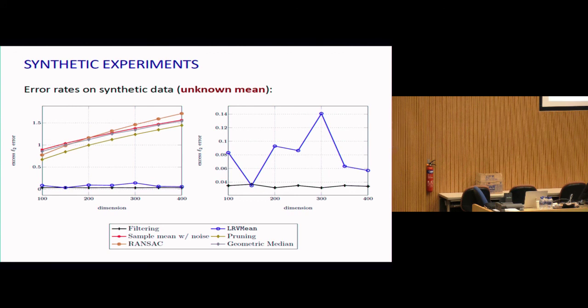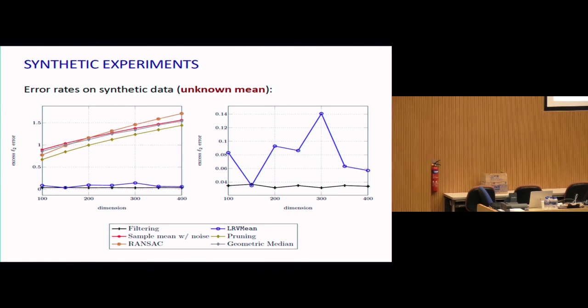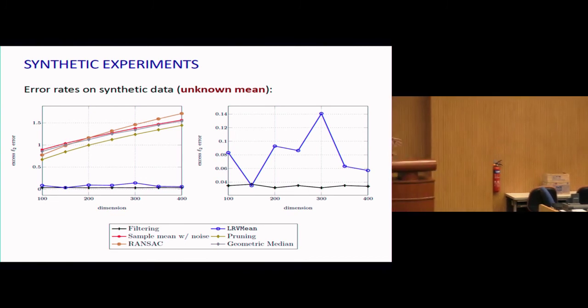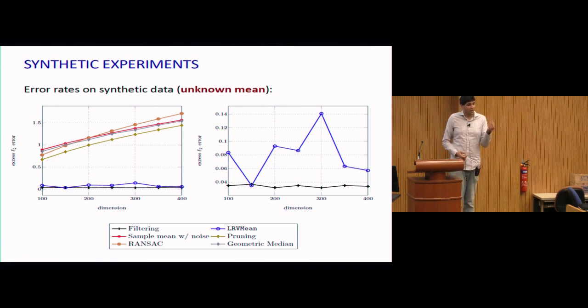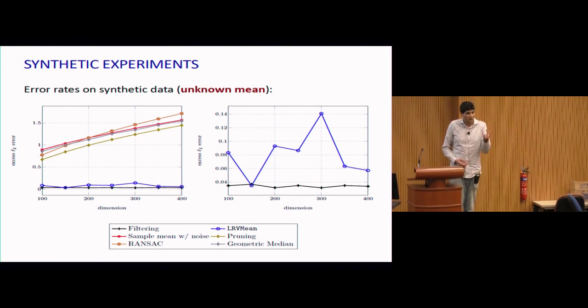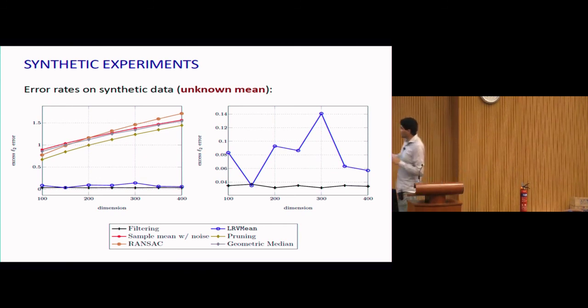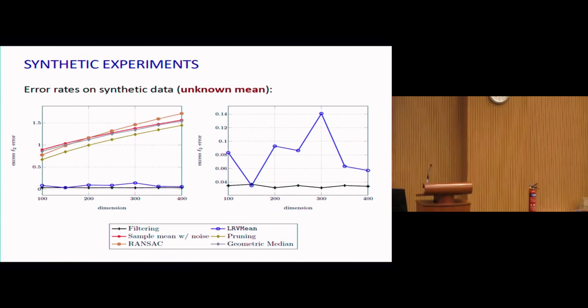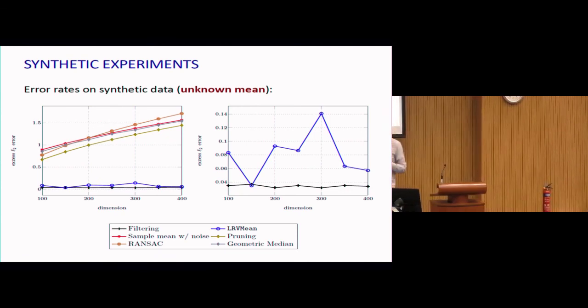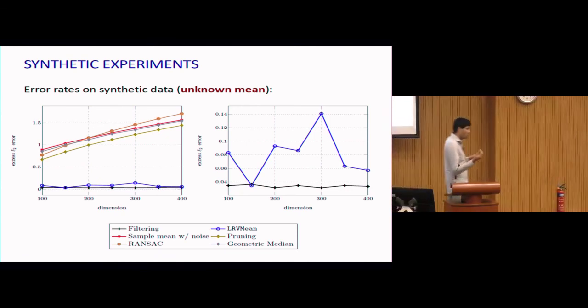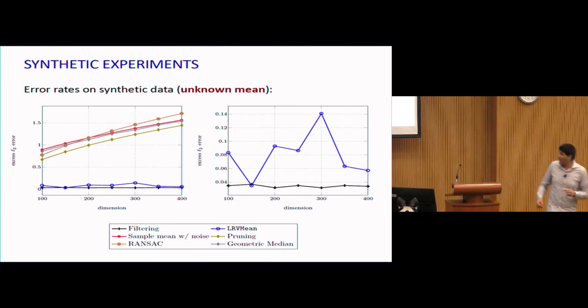So the way that RANSAC works is it randomly subsamples the data, computes an empirical mean, and does that many times, and figures out which of its trials is the closest to the right answer. Now, when you talk about low dimensions, you only need a very small subsample to get a good estimate, so you can afford to take enough subsamples that one of them is pure and avoids all of the corruptions entirely. But when you talk about high dimensions, you need a lot more samples, and then all of a sudden it becomes incredibly rare to be able to subsample and get a totally corruption-free subsample. And this is borne out with how badly the dimension dependence is right here.